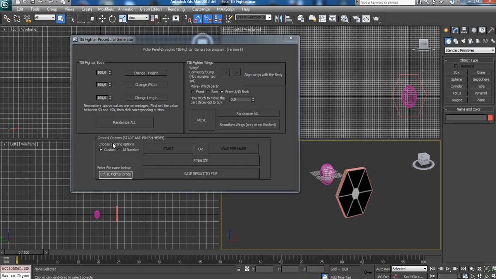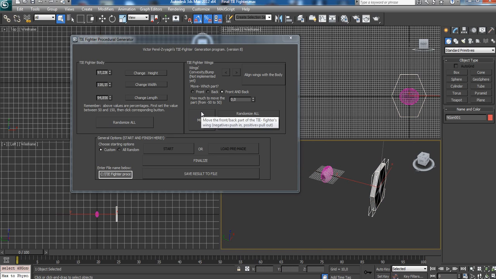And as in the first case, you can customize the shape of the sphere of the center body and the shape of the TIE Fighter wing, which is gonna be, let's say,